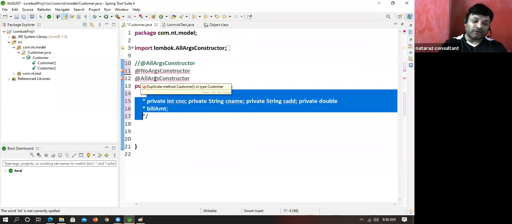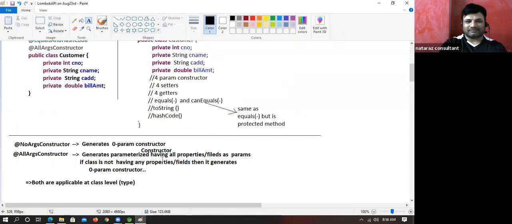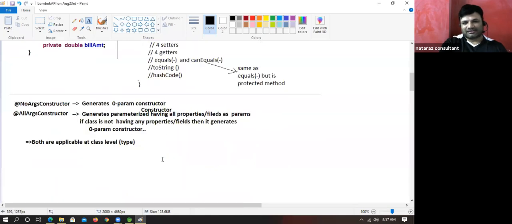Both are doing their duties. So that's the reason both are generated and the error has come: duplicate constructor. Everyone understood this point, guys?